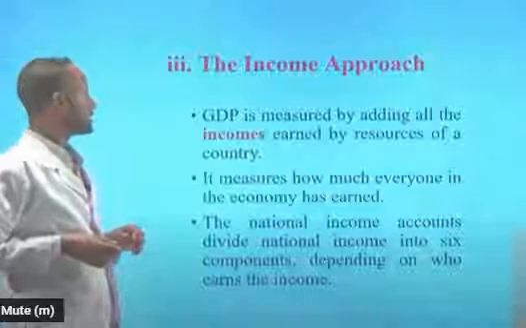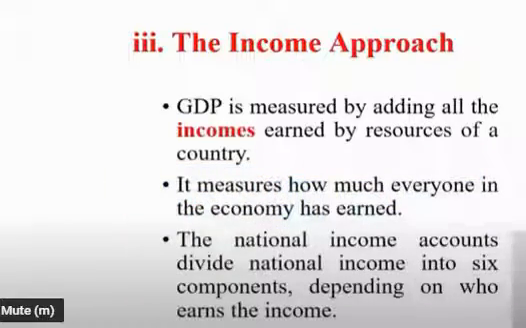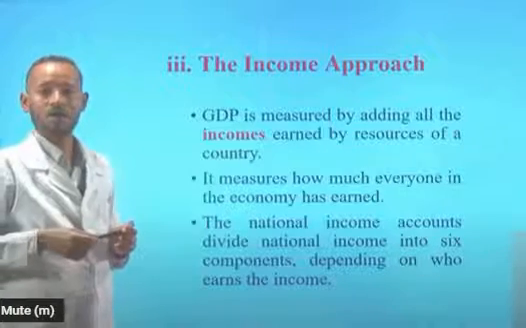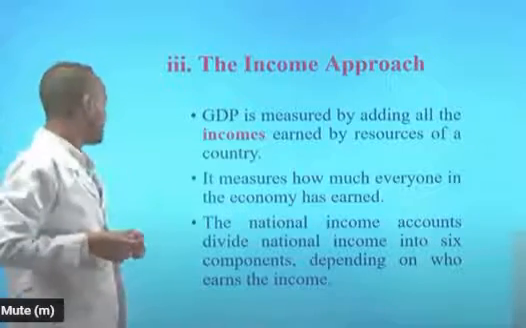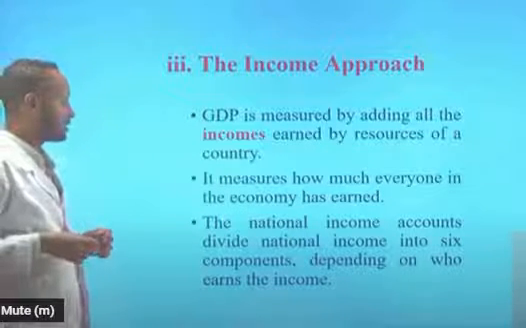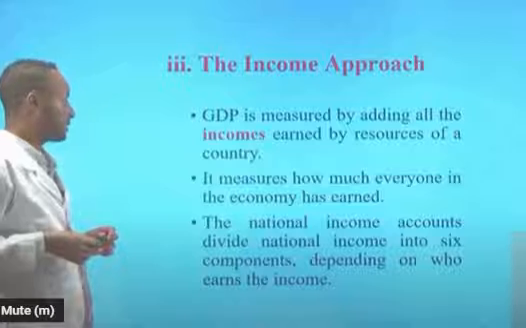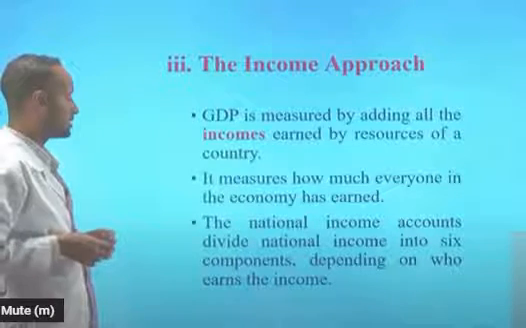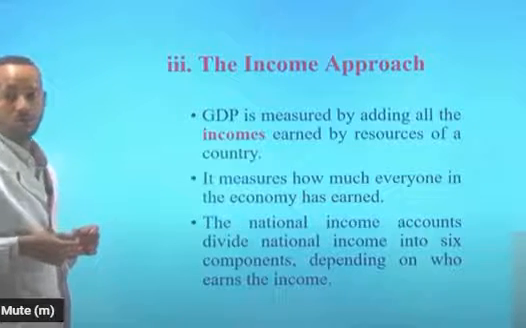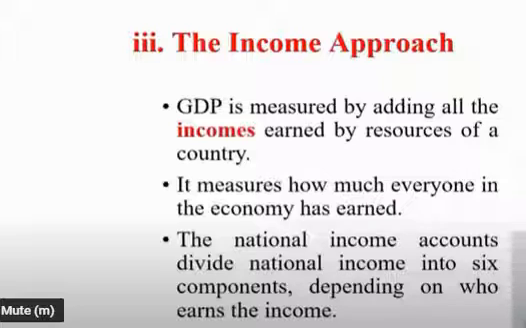Now let's see the third approach of measuring GDP called the income approach. GDP is measured by adding all the income earned by resources of a country. It measures how much everyone in the economy has earned, and the national income accounts divide the national income into 6 components depending on who earns the income. So the 6 components of measuring GDP using the income approach are: